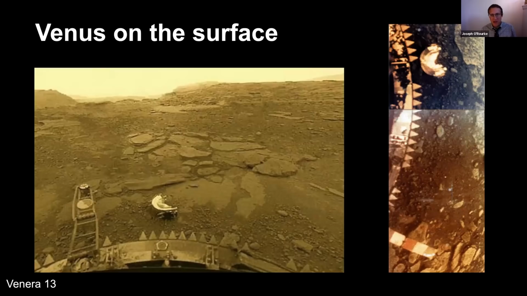Now, eventually we sent spacecraft that could look below the clouds, and we got our first ever glimpses of what Venus looks like on the surface. These are some images from the Soviet Venera landers that landed in the 70s and 80s, I believe. And you can see that the landing sites don't look exactly like anything on Earth, but they sort of look like lava flows. In fact, the Venera landers conducted some chemical analyses and found that the rocks near the landing site were roughly basaltic. And so it's commonly believed that Venus is mostly covered by basaltic lava flows, which is what we would find at the bottom of the ocean on Earth.